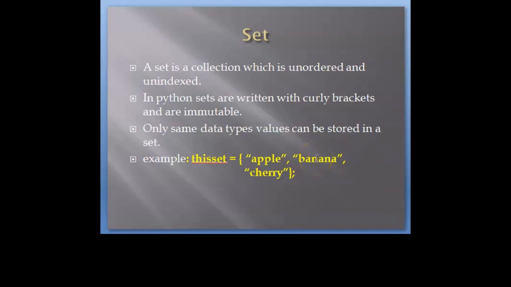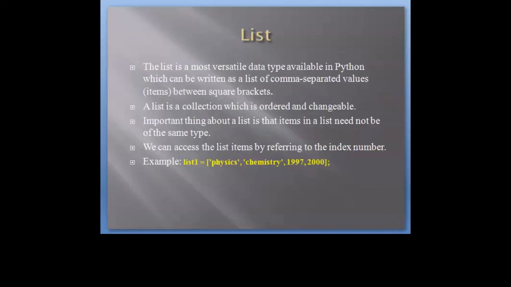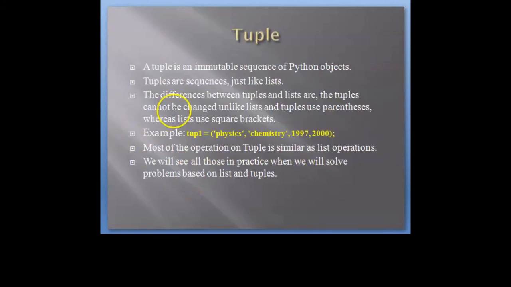So if we take a little throwback, we see the most important, that is list. A list is written in square brackets. It can store a mixture of data types. We can edit or perform any operations on a list. Moving on to the next, tuple. A tuple differs from a list only in two ways. One, a list uses square brackets, a tuple uses parentheses. Another is that a list can be edited, but a tuple is immutable, it can't be edited.